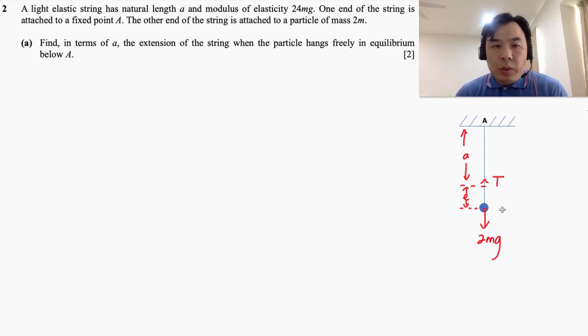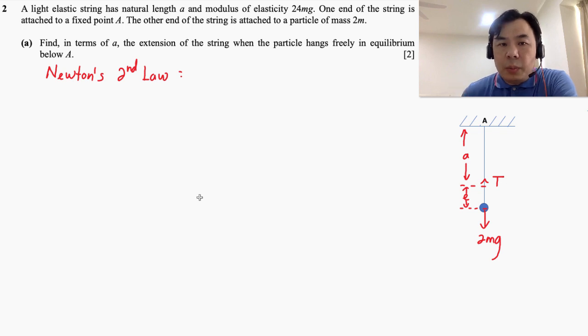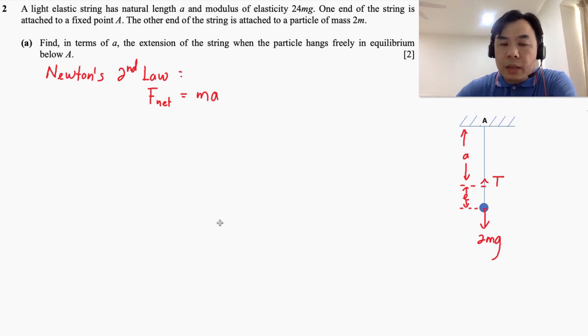Then we're going to choose the strategy. Here we say that we wanted to try Newton's second law. Newton's second law states that the acceleration is directly proportional to the resultant force. Therefore mathematically we can write it down like this, where A is the acceleration and m is the mass itself. Now the resultant force is given